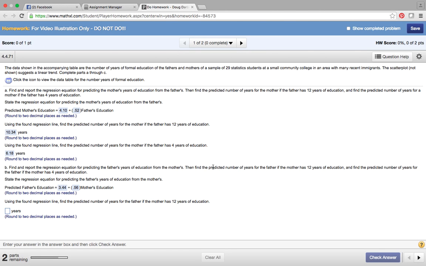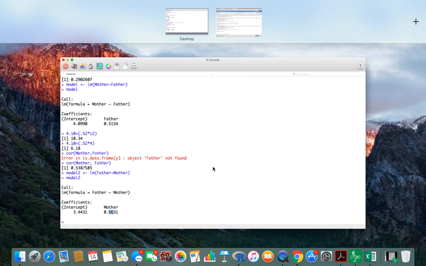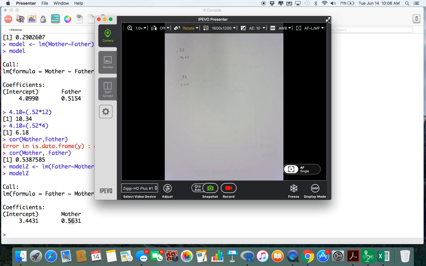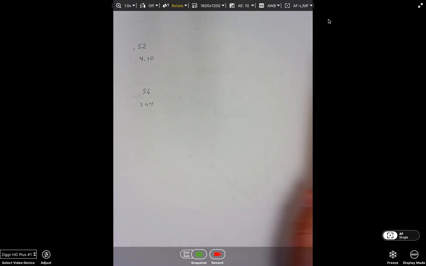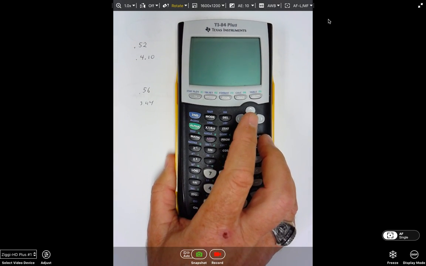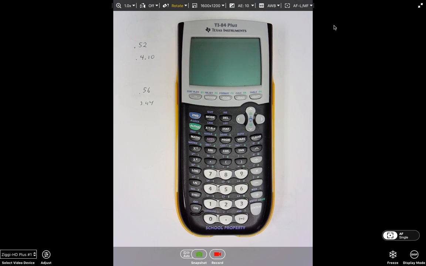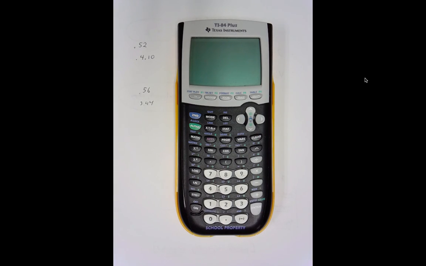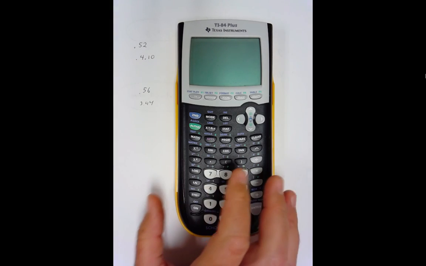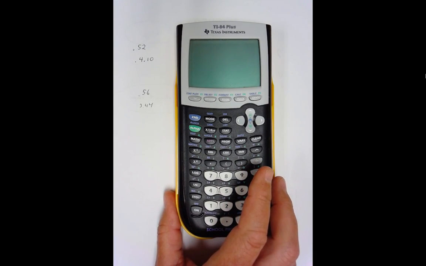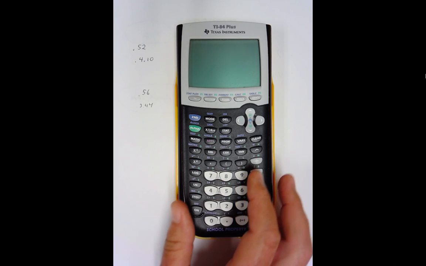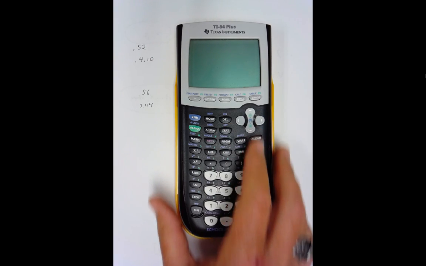Now, what if you're using your calculator for this? Let's go back over, and I want to demonstrate what you would do. If you're just focused on this calculator and you're not going to allow me to teach you anything with R, it's going to hurt you ultimately in your grade. But if you want to dig your feet in, then that's okay with me. But if you really just want to focus on the calculator, because that's what you'll be using mostly on your test, if I want to run the reverse,